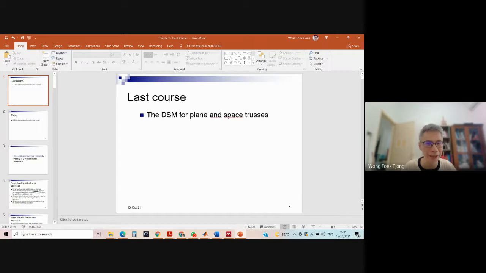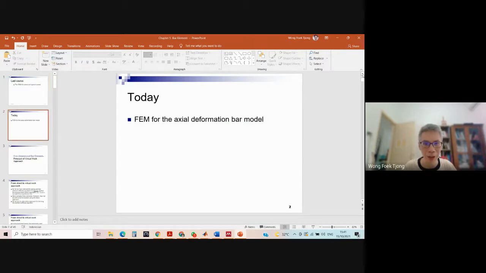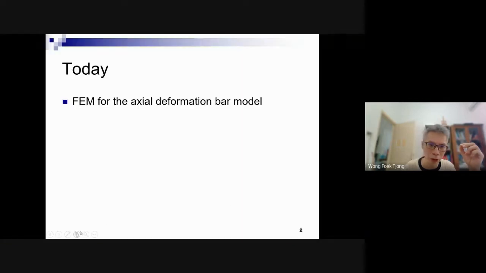So different emphasis. Okay, so the model that I use first is the one-dimensional bar element, bar model. Axial deformation of bar model, and then later for 2D, I'm going to use the plane strain or plane stress model to explain the finite element. The formulation of the finite element only uses the simplest element. For the bar, I just use the two-node bar element.